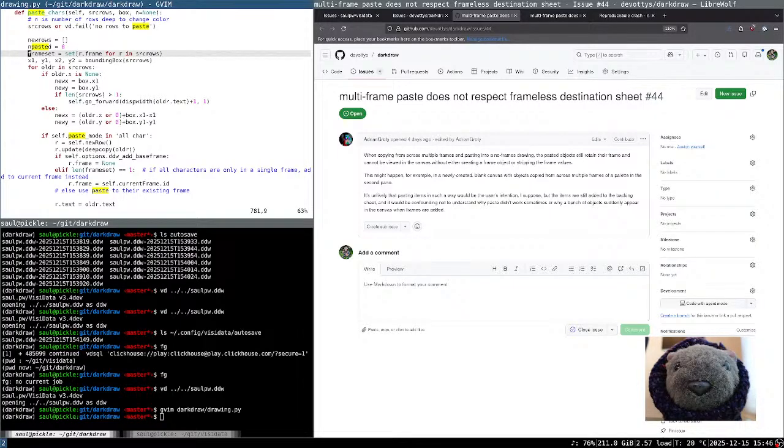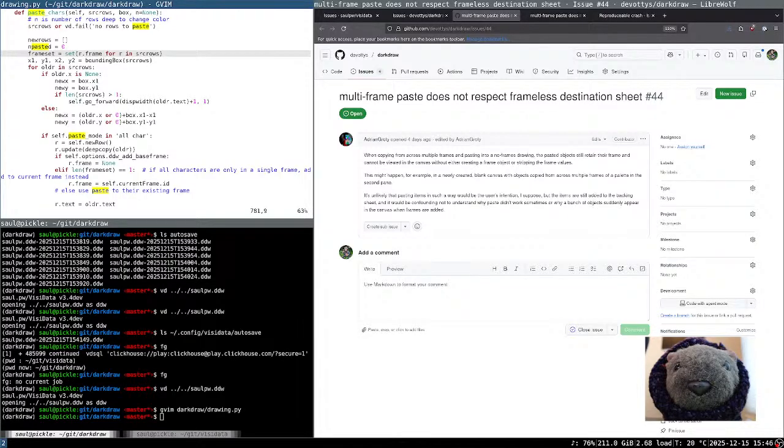If the frame doesn't exist, then we should put the pasted rows, sorry, you've got a row you're about to paste. If the frame that it's on already doesn't exist, then it should be put on the backing sheet, the frameless